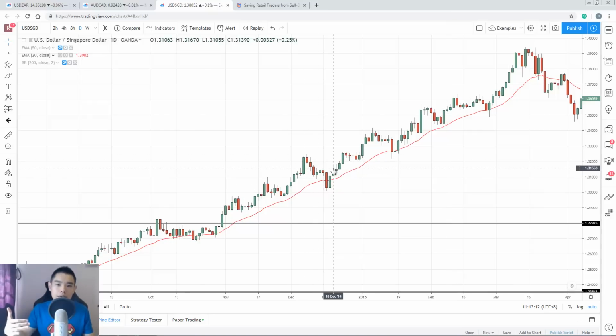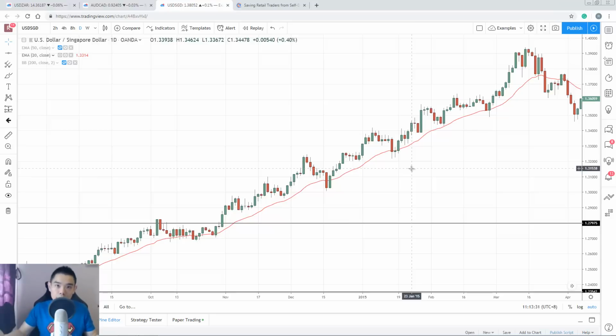And the 20 MA, right, it's a better frame of reference. If the pullback is slightly deeper, I usually classify that as a healthy trend, and a more appropriate moving average is usually the 50 period moving average. So there's a little bit of discretion that you have over here to decide which moving average to use. But nonetheless, the key thing that I want to share is that when the market is trending,